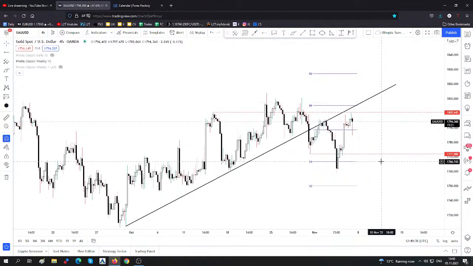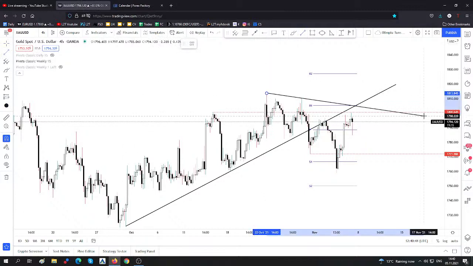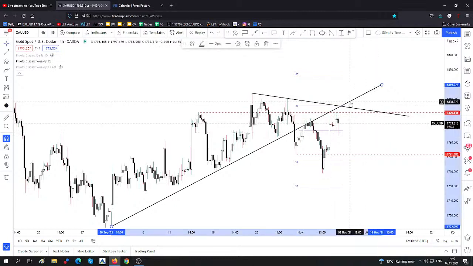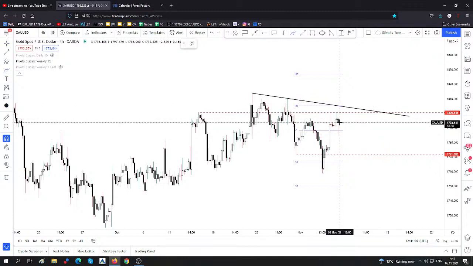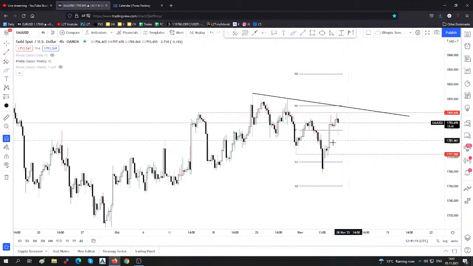So maybe I will consider going long in gold, but only if the price makes an upside breakout above this psychological level. Also, if it jumps, closes, and stabilizes above the weekly R1, 1,805.31. If the price of gold makes something like this, consolidation, accumulation, strong stabilization above the 1,800 psychological level, it could signal potential further growth. But I believe that this scenario will take shape only if the dollar index drops deeper.